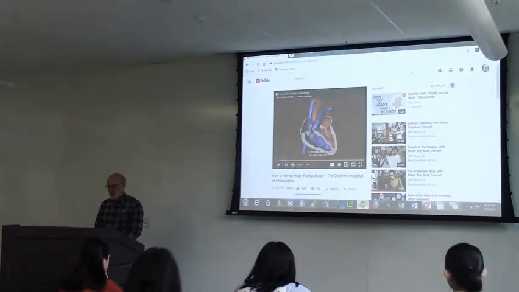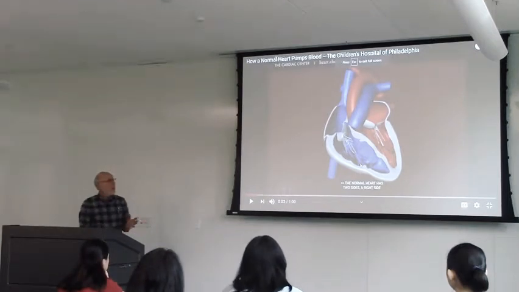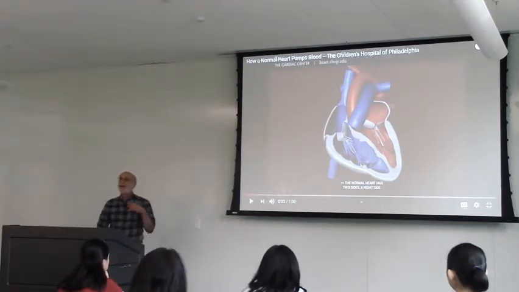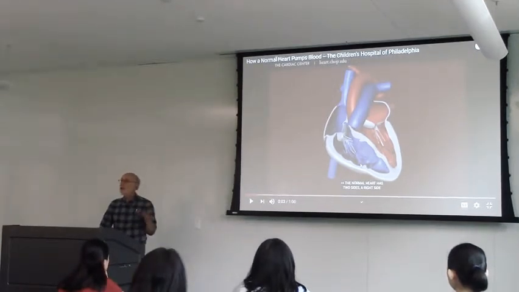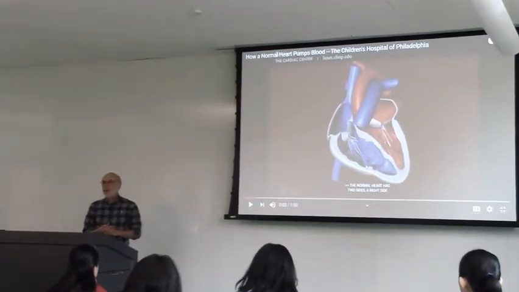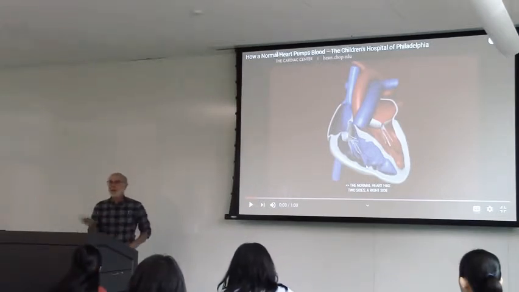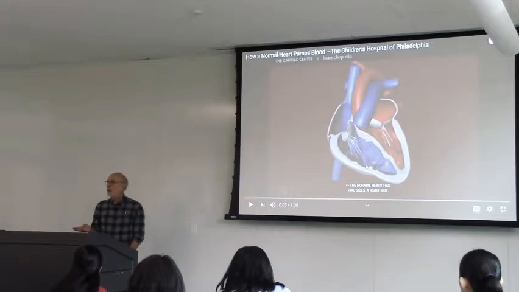This animation will walk us through quite quickly the flow of blood in the heart using some, not all, of the anatomical terms that we talked about last time and that you should be studying from the coloring book for the quiz